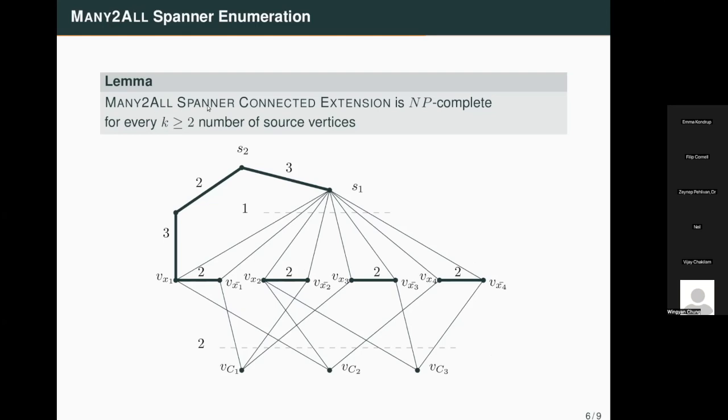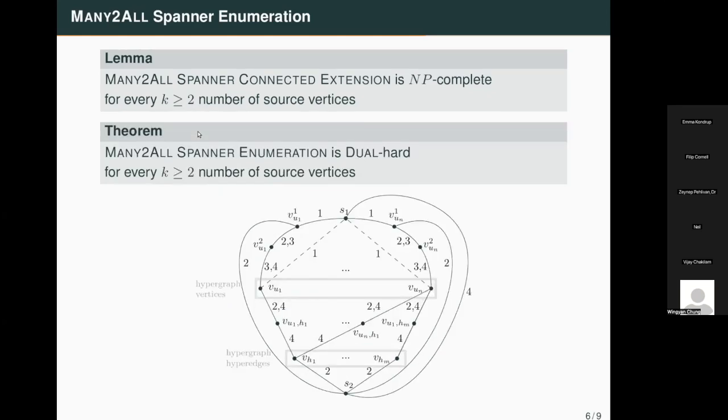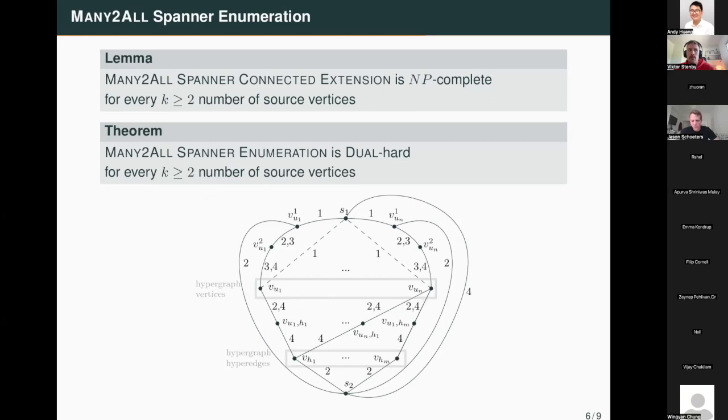And this is a very nice result in the sense that it's tight. So we used the minimal number of sources, because if we go lower than 2, then we obtain our tractability result from earlier, the one-to-all case. So this is tight in some sense. And the dual hardness proof is very similar as well. We need to rearrange some stuff, but as you can see from the picture itself, it even looks like the other reduction. So they're very similar.